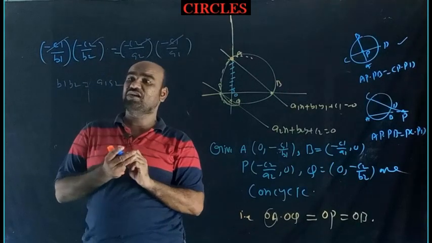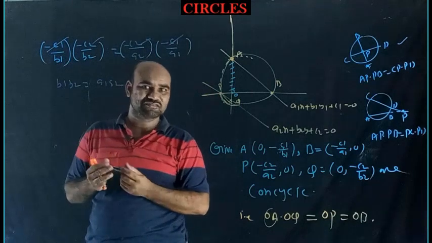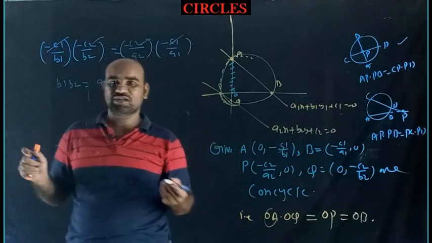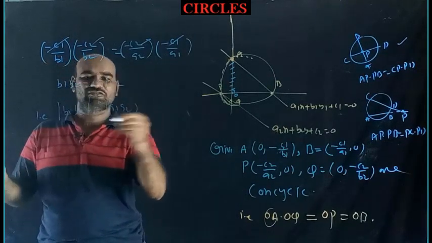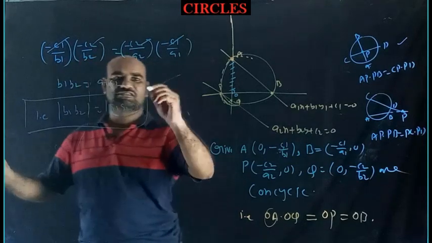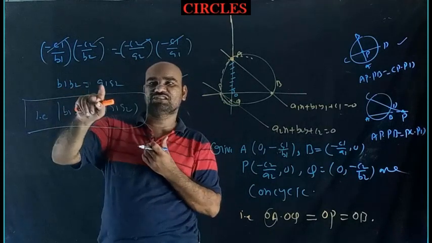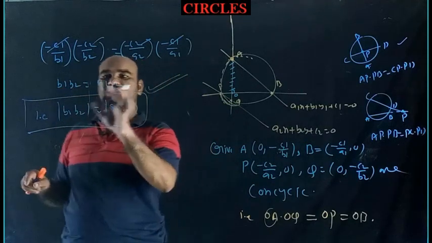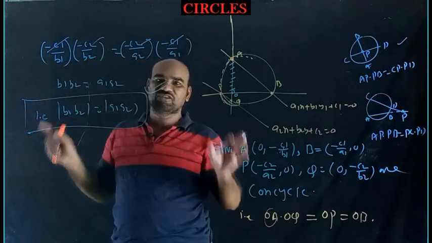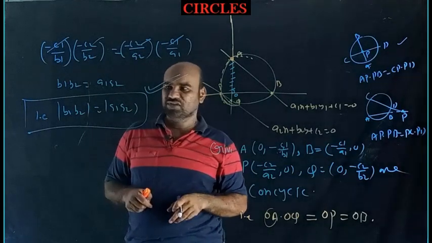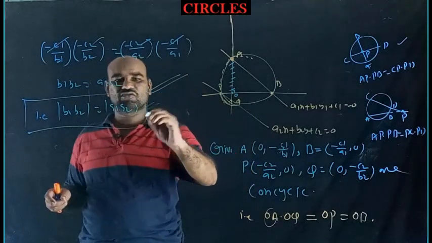But sometimes a1 may be positive, this may be negative, this may be positive, this may be negative, depending upon the positions of the straight lines on the coordinate plane. That's why I can say that mod of b1 b2 equal to mod of a1 a2. This happens. Understand? Why did I write the modulus here? Sometimes b1 may be positive and b2 may be negative, or both positive. Like that you will get. That's why, without loss of generality, I used the modulus symbol. So mod of b1 b2 equal to mod of a1 a2, irrespective of the positions of the line; this result should be true.